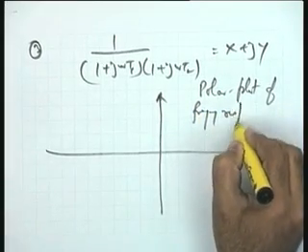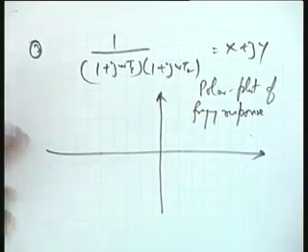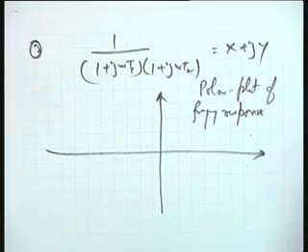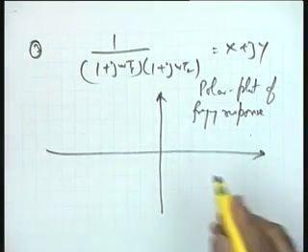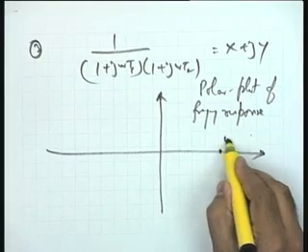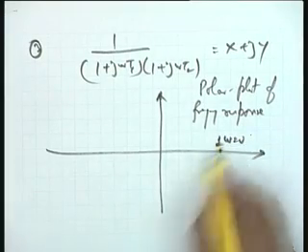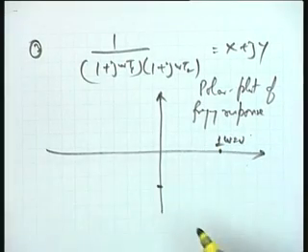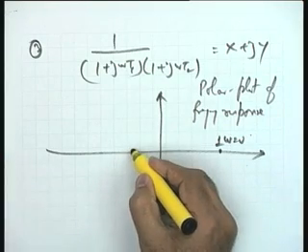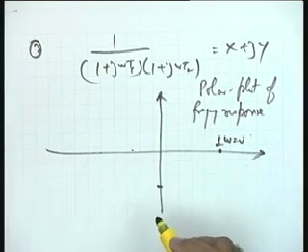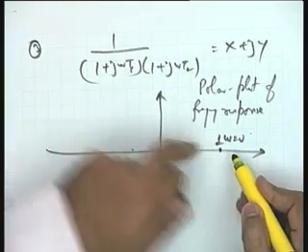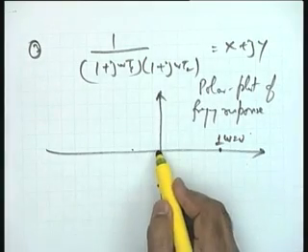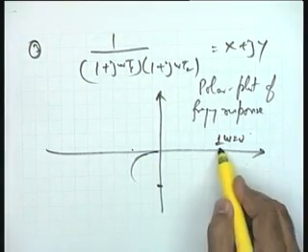I am still not working on the Nyquist plot, I am not still applying the Nyquist criterion. This is the polar plot of the frequency response of the open loop system. Start here, omega equal to 0, this magnitude is 1. I will get the intersection here, some value of omega. I will get the intersection in this particular case with the real axis only at this point, as you will see, there is no other intersection. So, I get the plot as this.